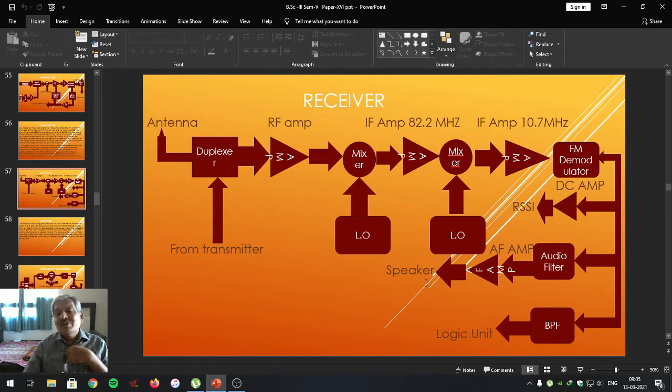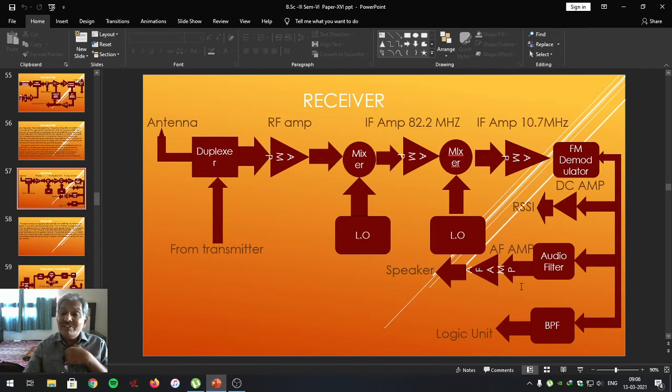The speaker converts the audio signal into the acoustic sound signal. Thus, the acoustic sound signal which is transmitted from the transmitter via the transmitting antenna, after traveling through the atmosphere, reaches the cell phone and is received by the receiving block. By undergoing all this process, it reaches the speaker, and again we listen to the voice of the person who is speaking on the other cell phone through the transmitter via the mic. This is the prime role of the receiver.